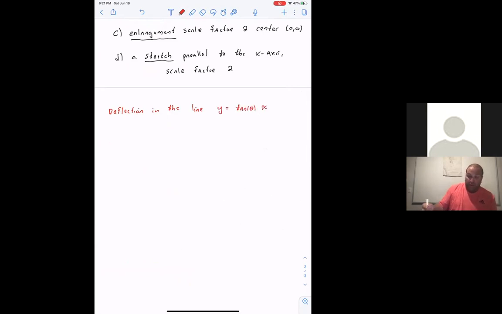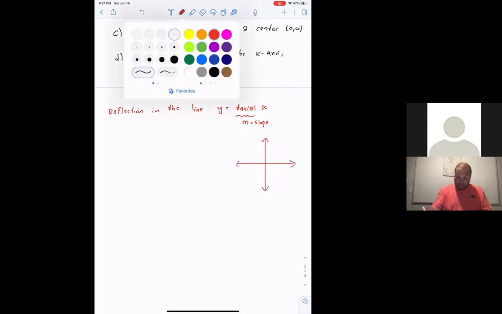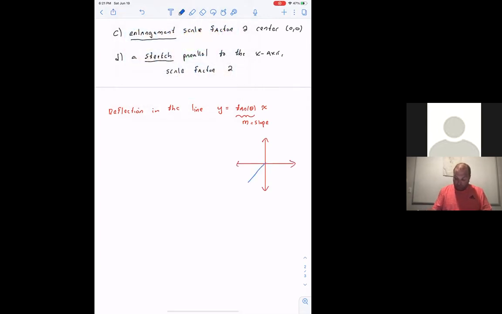Now remember, a line is y equals mx plus b, where b is the y-intercept. In this case, the y-intercept is 0, which means these lines have to go through the origin. And tangent theta is my slope. So the slope is connected to the angle. How is this the case? Well, very easily demonstrated. If you have a line that goes through the origin like so,